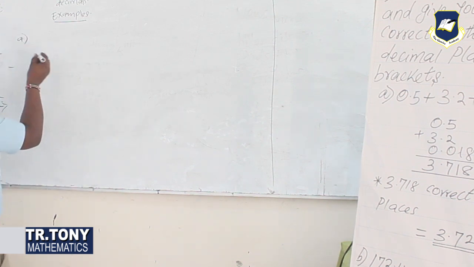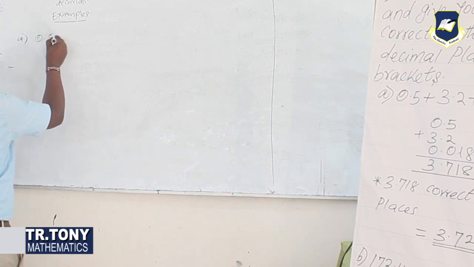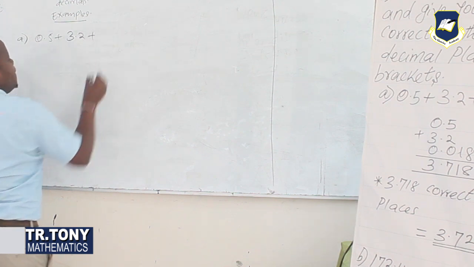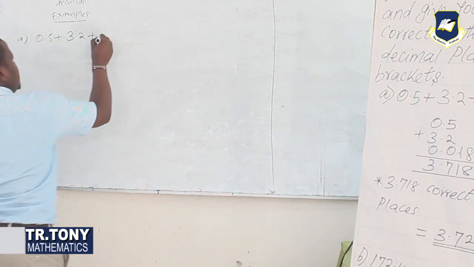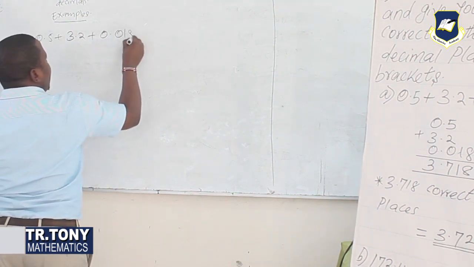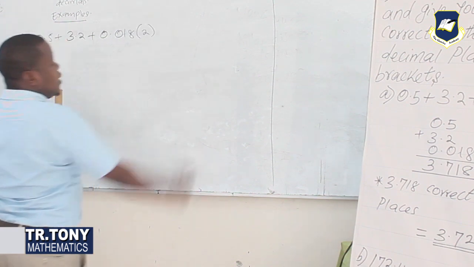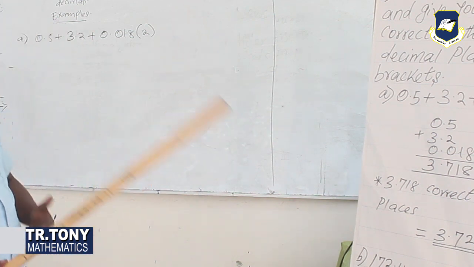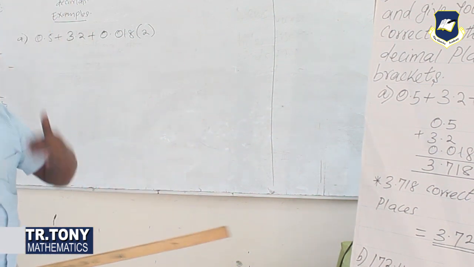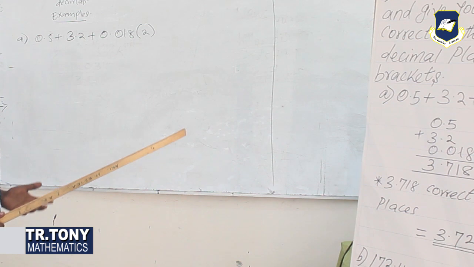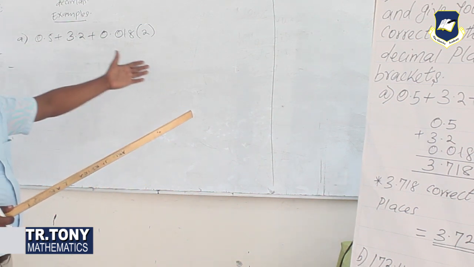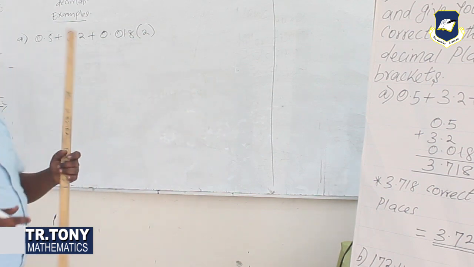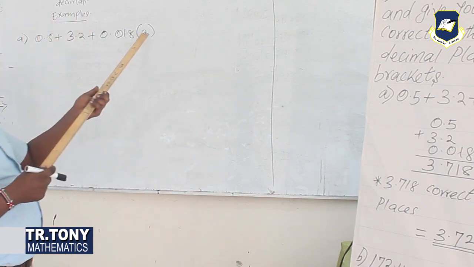You're told to work out 0.5 plus 3.2 plus 0.018. Then you're told to write your answer correct to the number of decimal places in the bracket. So what this means is that we should be able to work out this addition of decimals. Then later we write our answer correct to the number of decimal places that are in the brackets, which